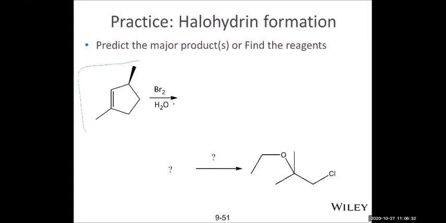Your product should be an alcohol. And the OH should be attached to the more substituted carbon, because the carbocation here is much more stable. So therefore, nucleophile attack on this carbon is more likely. So OH attacks here,